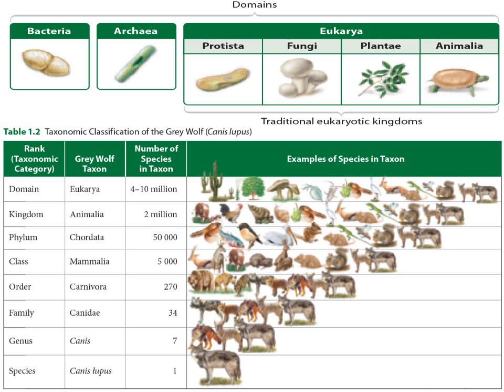I also want you to get the idea that as we go from the more broad taxon to the least broad taxon, and more specific, there's fewer and fewer organisms. So for example, when you start at domain, Eukarya, you have 4 to 10 million organisms in the eukaryote area. When you look at the kingdom, Animalia, 2 million organisms. When you look at the phylum, Chordata, 50,000 organisms. So you get more and more specific and narrow as you go from domain, kingdom, phylum, class, order,